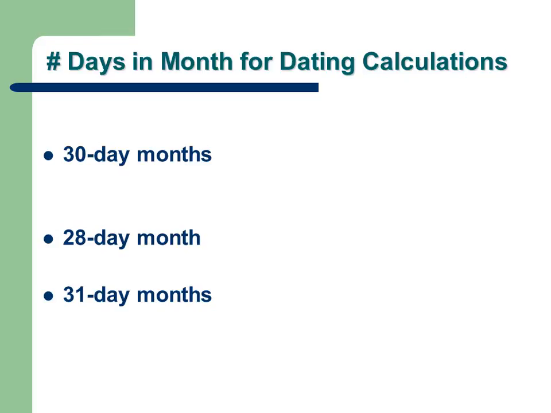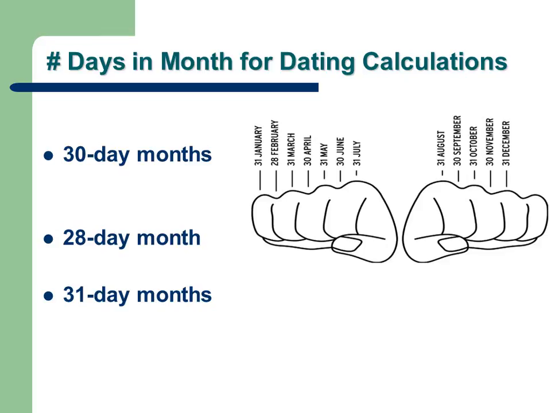I don't know if you guys remember or have learned how to use your fist to determine the number of days in each month. You make a fist, and then you look at your knuckles, and the part of the knuckles that is out, the protuberant part, indicates 31 days, and the concave part indicates 30 days, or less than 31 days. And you start from the first protuberant part of the knuckle.